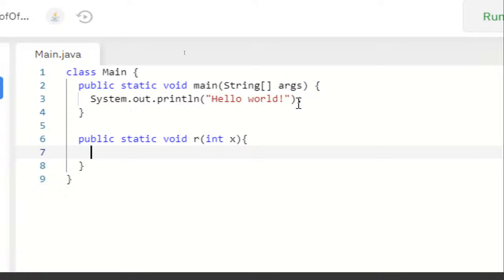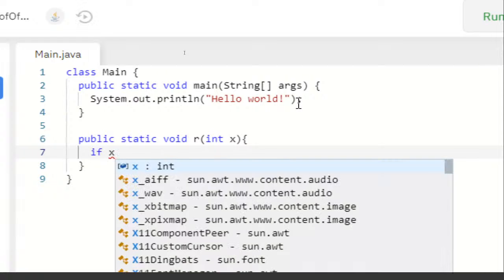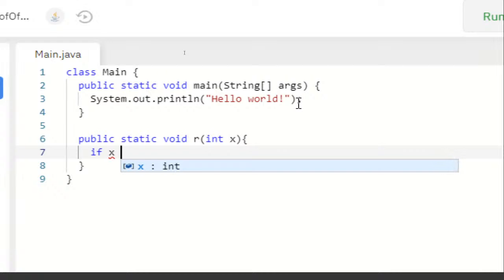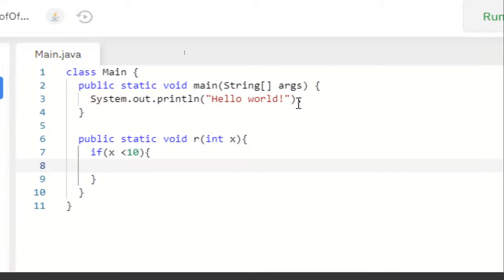So we would say if x is less than 10, we will add 1 to the value of x, x plus plus,